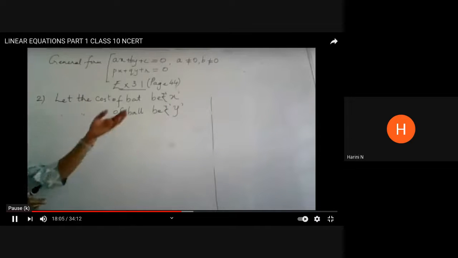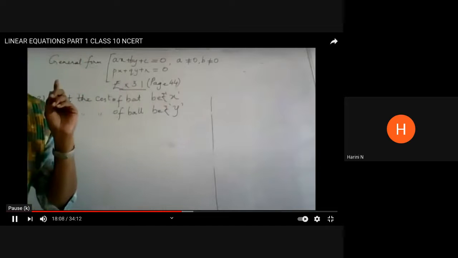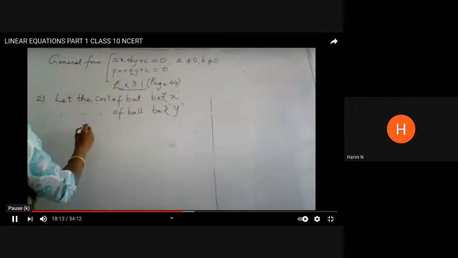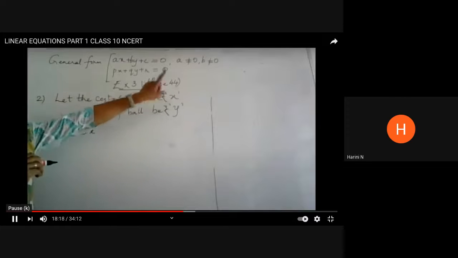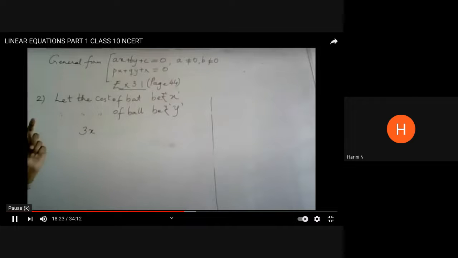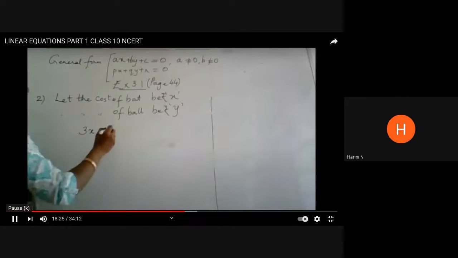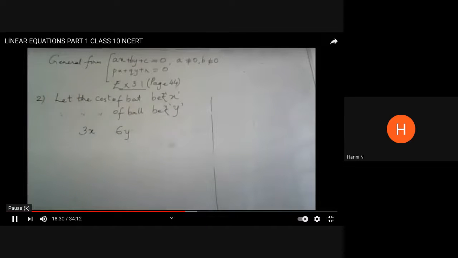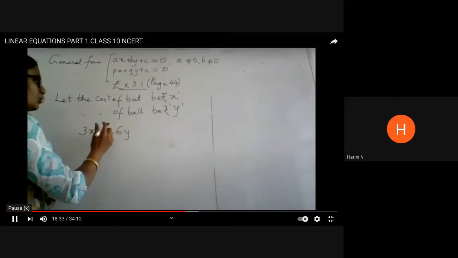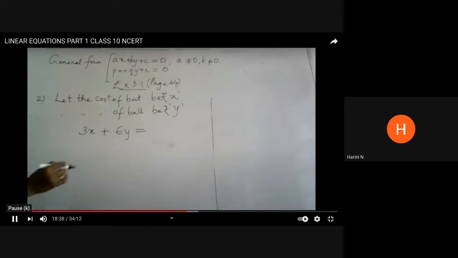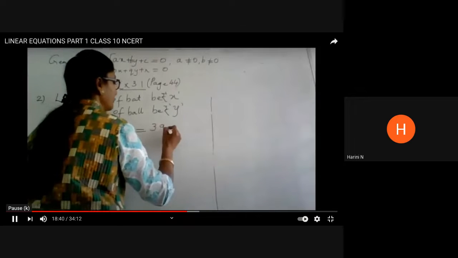Alright. So now how many bats is the coach purchasing? She is purchasing 3 bats. So for 1 bat you pay X rupees, so for 3 bats it will be 3x. You understand? That's why I have assumed that for 1 bat the cost is rupees X. So 3 bats will be 3x. Similarly, she is purchasing 6 balls. So if 1 ball is Y rupees, for 6 balls it will be 6y. Now 3 bats and 6 balls together she has to pay rupees 3,900. So this is how my equation will be formed.